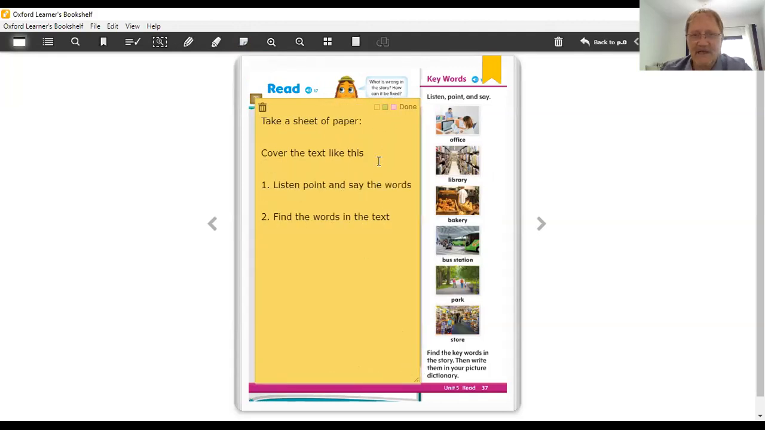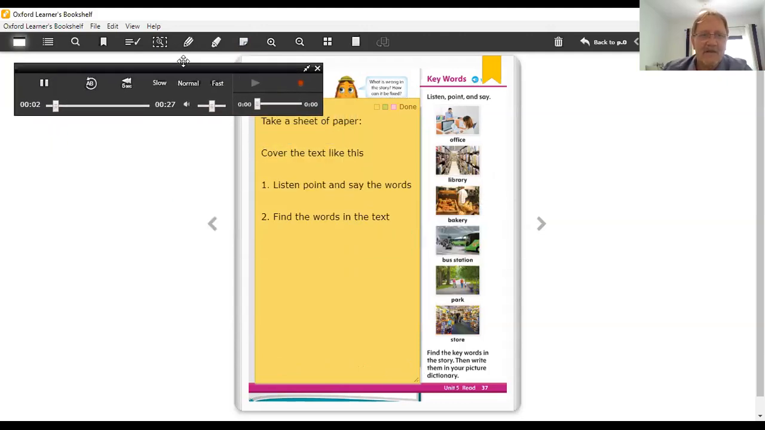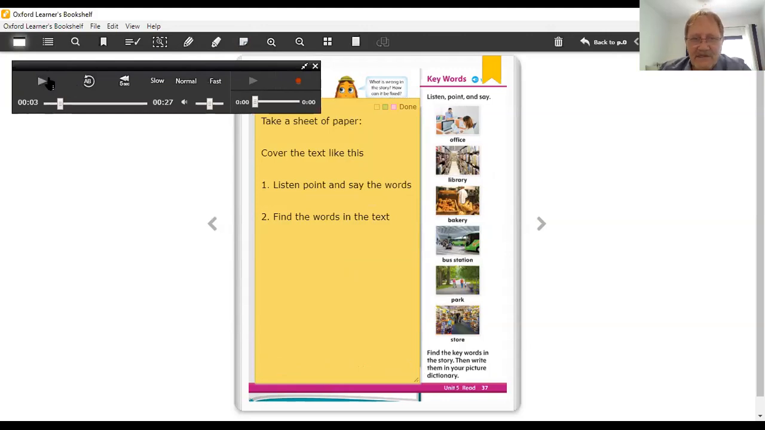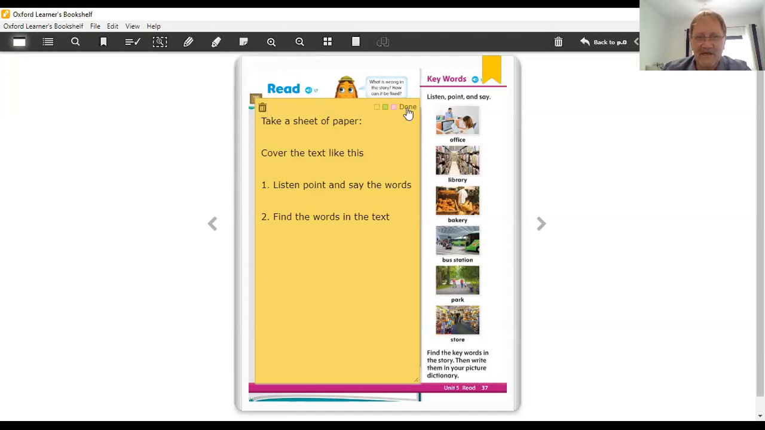I'm covering the text and I'm asking them to listen, point, and say the words. Page 37. Keywords. These are keywords in the reading text, and we want the students to be able to listen and point and say those words, then find the words in the text. So they would unmask their text and underline or circle the keywords in the text. Once that's done, I would then